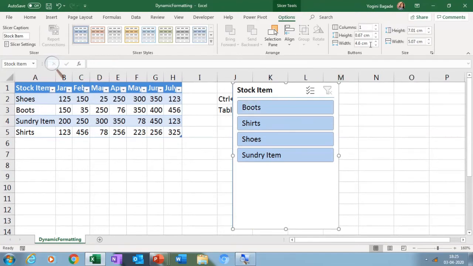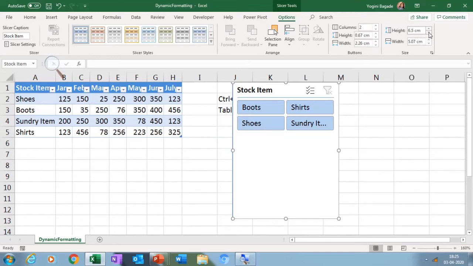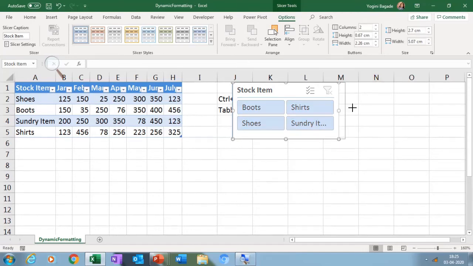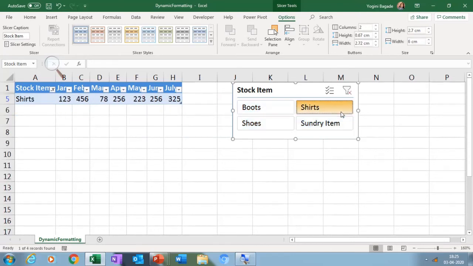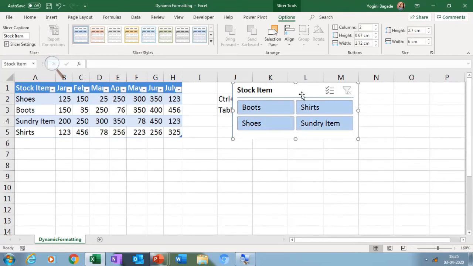I'm just increasing the number of columns and decreasing the height. Now this slicer is nothing but a visual filter. See, whatever I click, accordingly my data gets filtered. And if I want to remove the filter, this is it. So this was about the slicer.